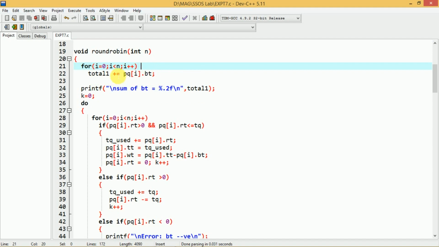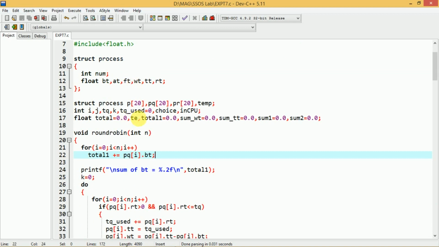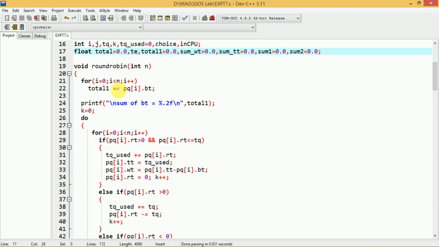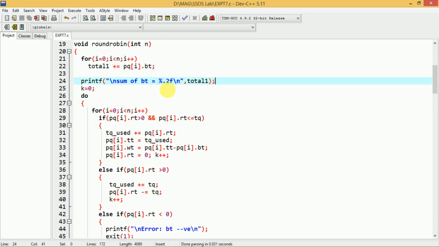We have used the shorthand operator here: total1 is already initialized to 0.0. For all the processes, the sum of all the burst times is stored in the variable total1. We simply display that on the screen with printf "sum of bt equal to %.2f". Actually it is not required; we displayed it just for our reference.